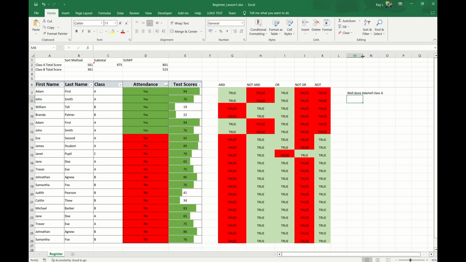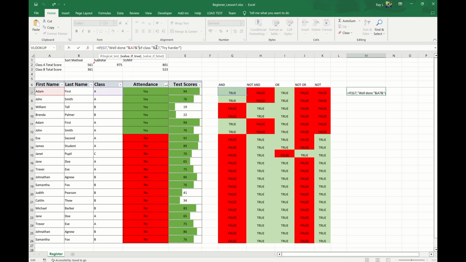Let's just open up column M and N. And there we go. We can see well done, Adam of class A. Now we missed a space before the "of" here. You can see the Adam and of are together. And if we look in the formula, we can see, yes, here we didn't put a space before "of class". So let's go and do that in the formula bar. Press before the "of", put a space in, press enter. And there we go. And then if we copy this down,